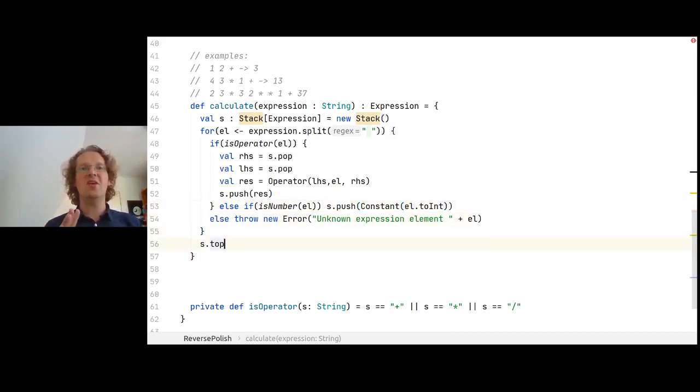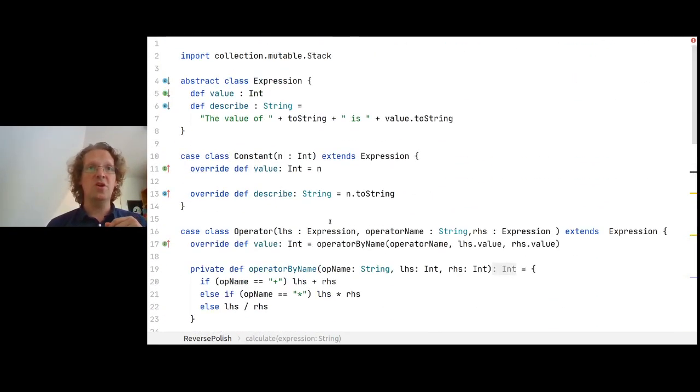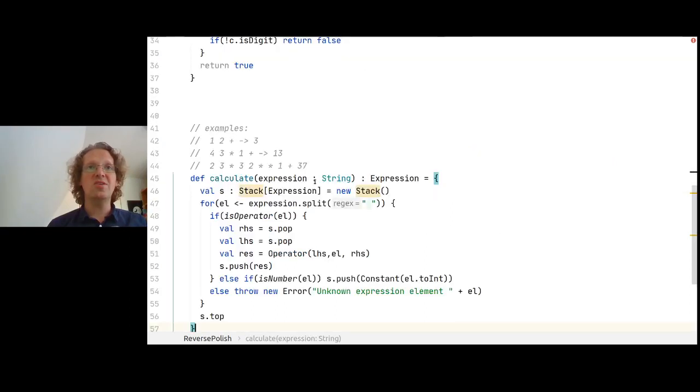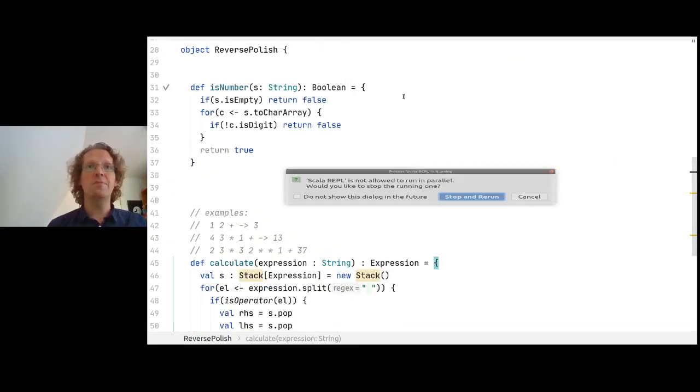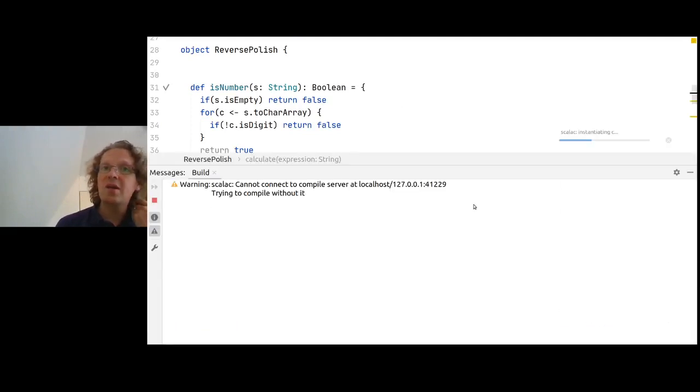This we're pushing. So that's all there is to it. So now, instead of just calculating the result, it's actually building a tree, the tree like in the video I just showed you by Computerphile. In this tree, the internal nodes are these operator things, and the other ones are constants. And notice that if we start using this now,